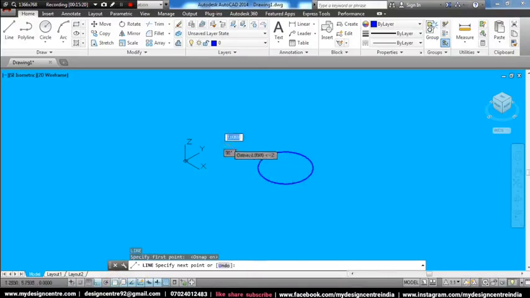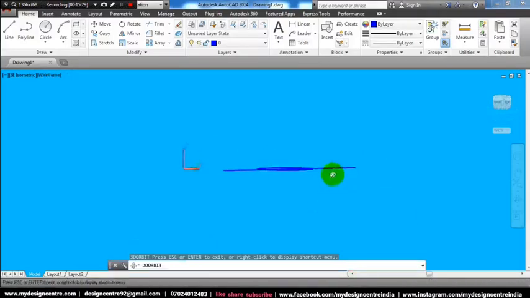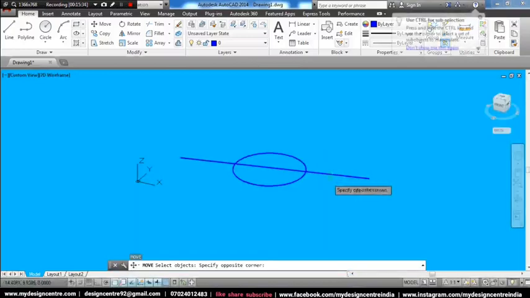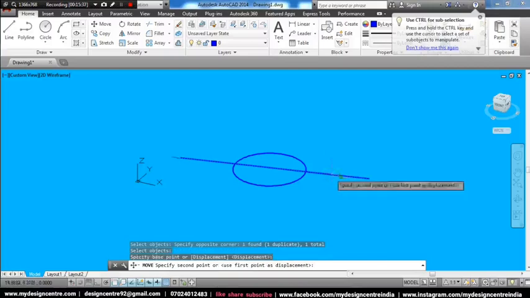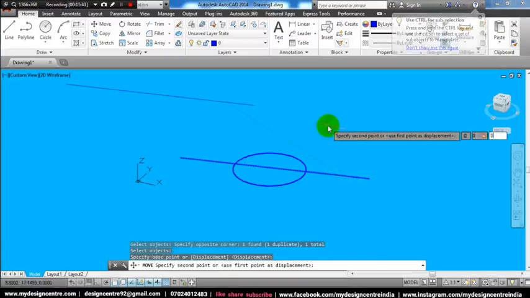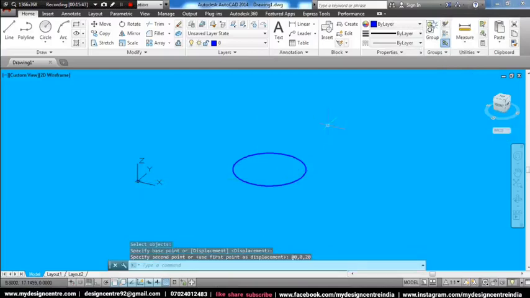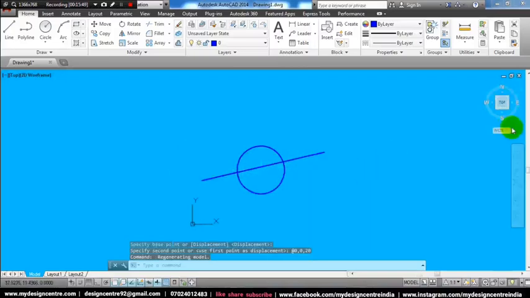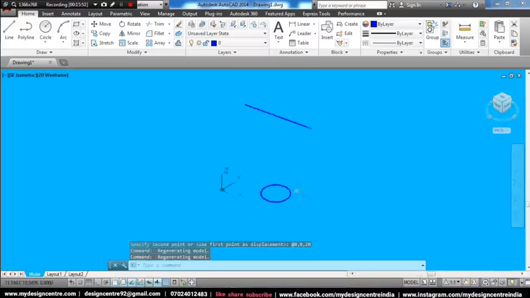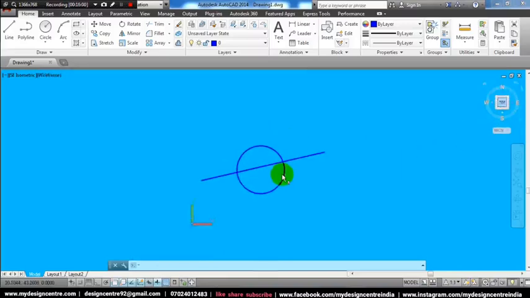Later on I will project that, so I will move that in the z direction. So this is on the same plane, this is on the same plane, but now I am going to move this. Now click here. I have drawn a line over here. Now if you see the top plane, they are intersecting with each other, but exactly these both objects are on different planes. So let's see how the project option works in trim.